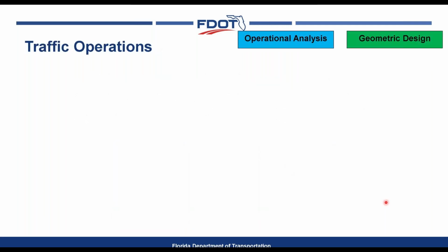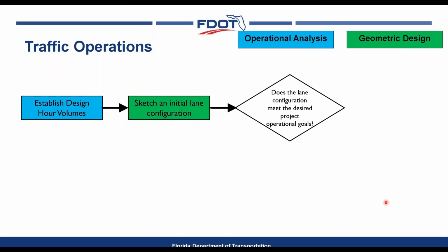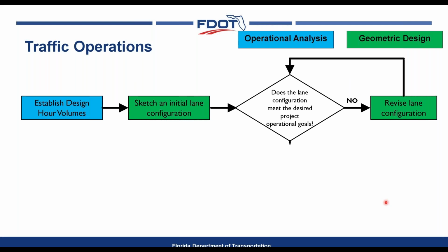So the development for the DDI can fall into 2 main categories. There's the operational analysis piece and the geometric design piece. These 2 components work hand in hand with each other, with one definitely impacting the other. For any of these studies, the process is going to begin with establishing the design hour volumes. These are going to allow you to sketch the initial lane configuration and then perform the preliminary analysis. This is just to see if the basic number of lanes through the interchange works. If not, you revise the lane configuration and try it again. If it does work,